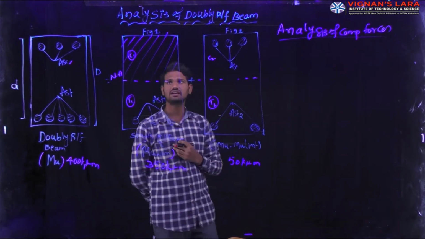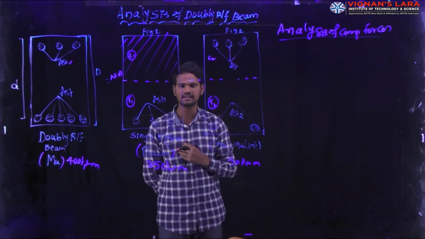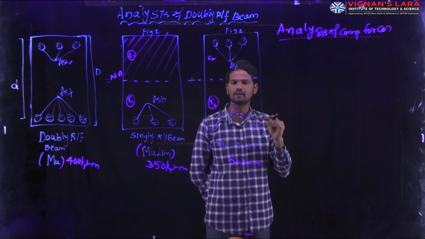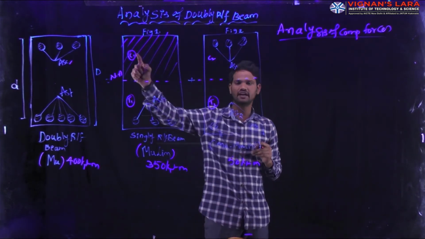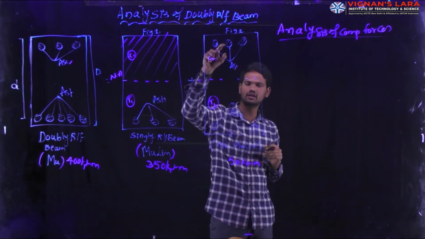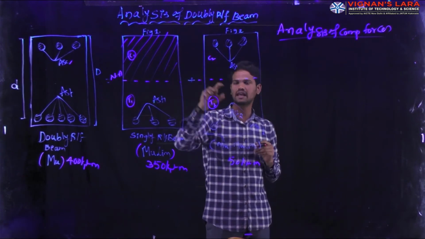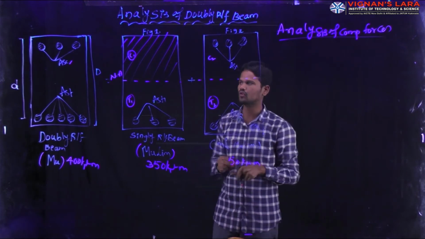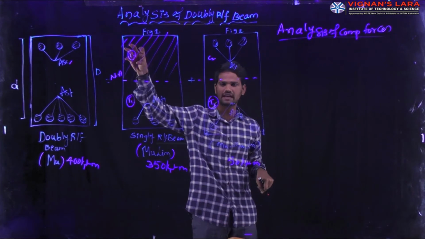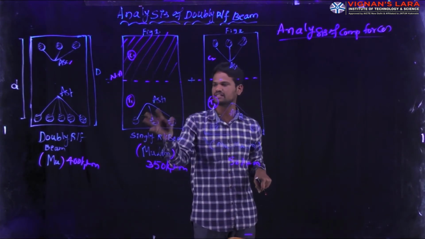If you observe here, in this portion we are considering the concrete, and in this portion we are taking the steel. First I am calculating the compressive forces for figure 1 as well as the compressive forces in figure 2. Next I will calculate the tangential forces in figure 1, and then the tangential forces in figure 2. For the compressive force in the balanced section, that means the singly reinforced beam, I am taking this value as